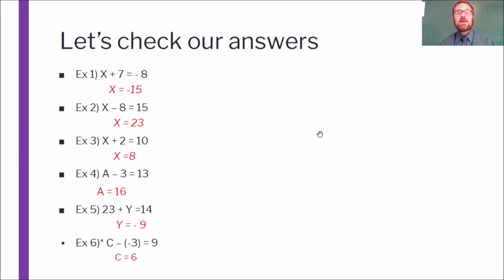All right, welcome back. Here are the answers. Go ahead and check through, see how you did. Remember, you had to do the opposite, so if you made a mistake, go back to it. Like on number 1 here, this is plus 7, so we have to subtract 7 from both sides, and we get that good old negative 8